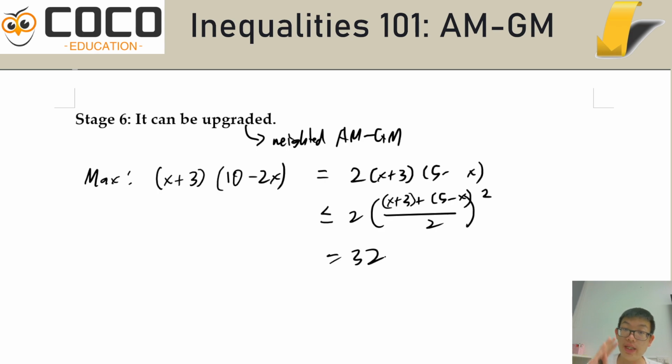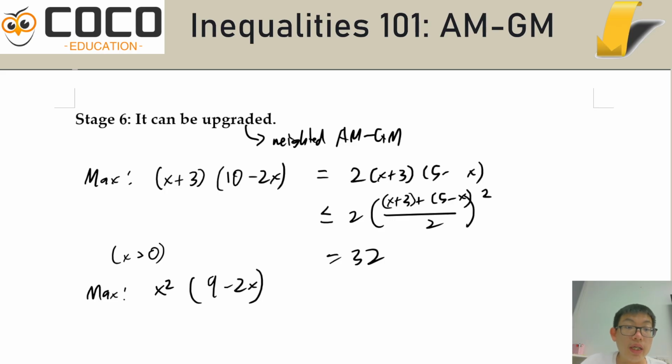Okay, so if this is a bit contrived, how about if I ask you for the maximum of x squared times 9 minus 2x? Again, all of this with x more than 0. And okay, I should add x is more than 0 and 9 minus 2x also is positive. Otherwise, you could just let x go to negative infinity. Well, sorry. I don't need that, right? x is more than 0 is enough.